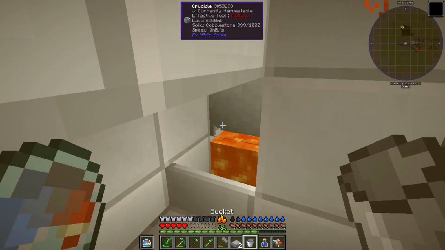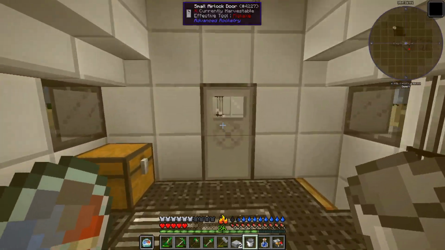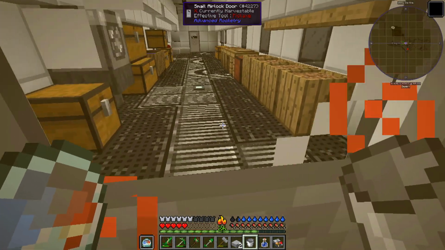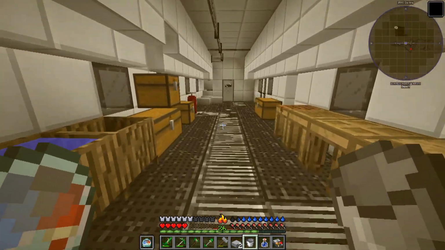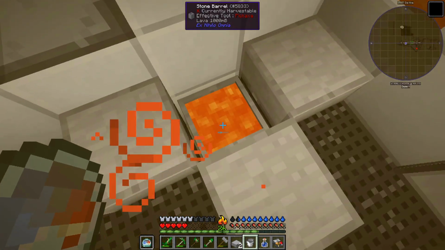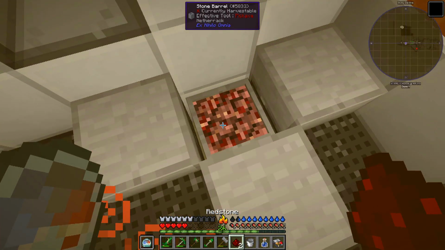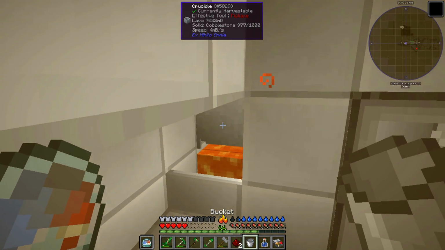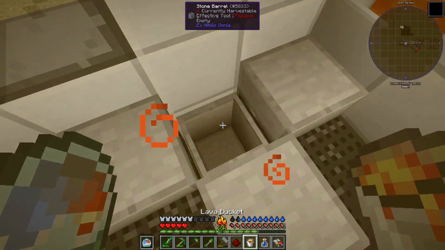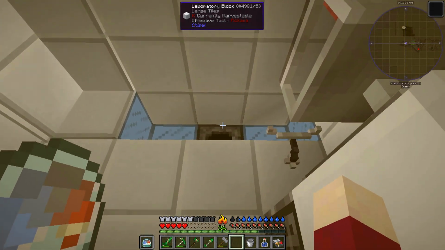And so now, let's start out with the Netherrack. I forgot to grab these. We're going to grab 3 pieces of glowstone, redstone, and we are going to grab lava, place it in there, and then click on it with a redstone and make our Netherrack. Now we need to do this 3 times. And now we're going to quickly put all of this